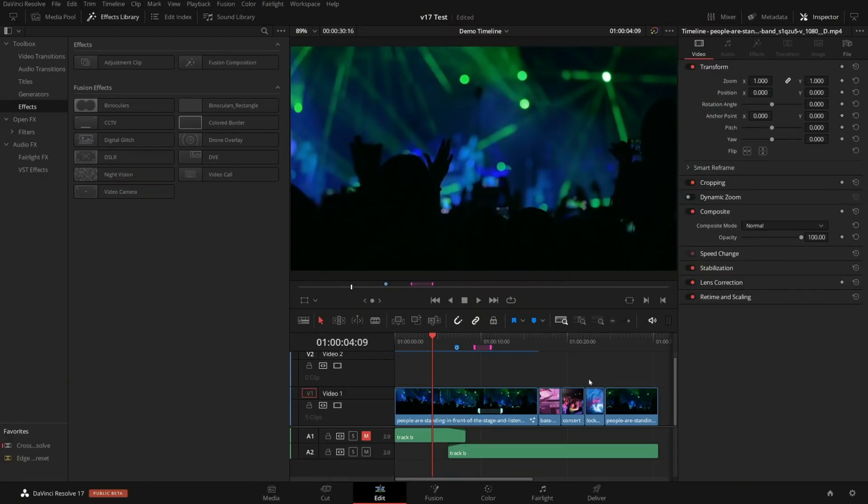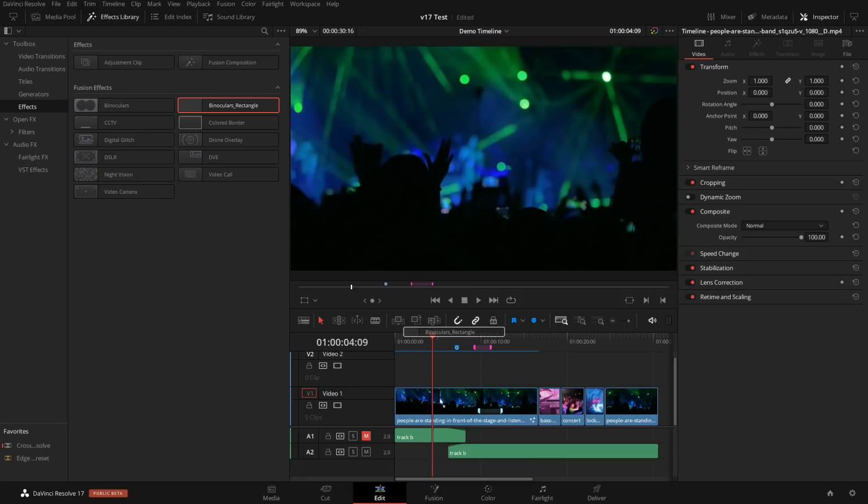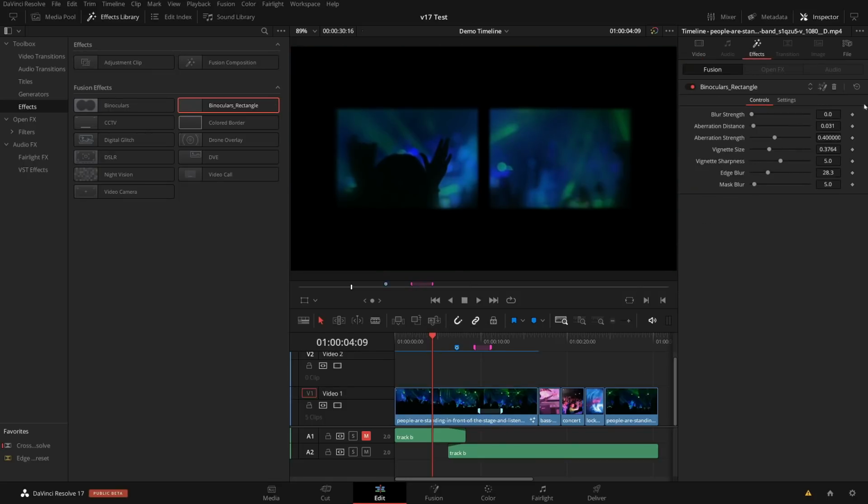Now, unfortunately, this effects library doesn't update automatically, so I do have to restart Resolve once in order to see it. I haven't seen any refresh button or anything to just immediately see the macro. In Fusion Studio, it used to be instant, but here it's not, so I have to restart Resolve. And I have restarted, and now I have my own effect here, and I can preview it like any other effect and can attach it here, throw it in the same way I had the original effect.